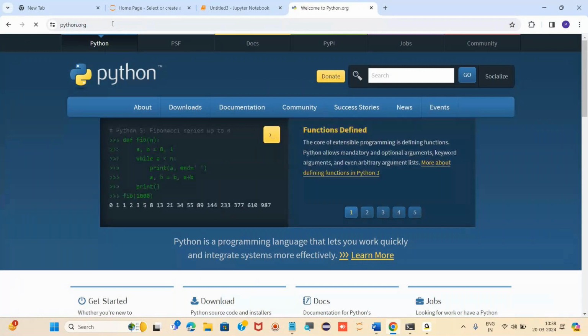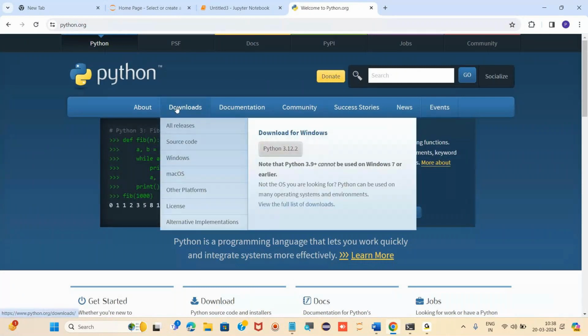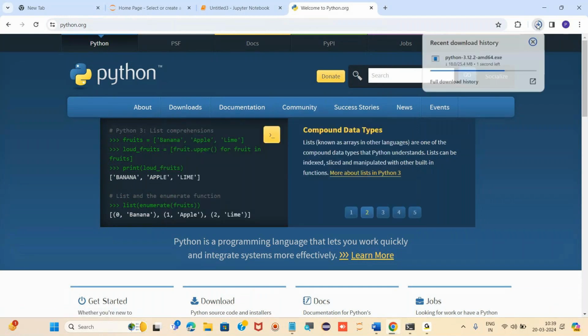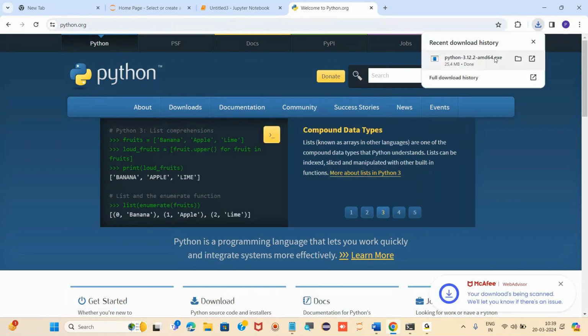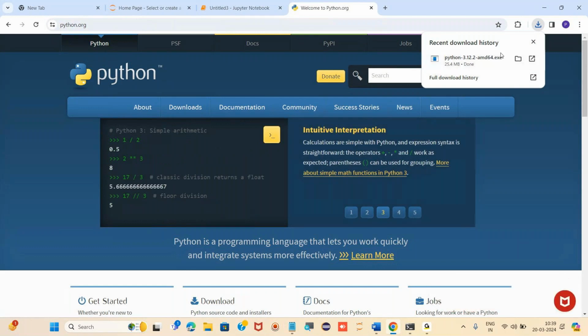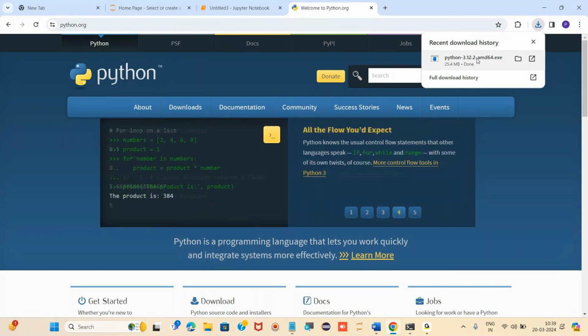Here, you can see we are using Python 3.12.2, the latest version. If you click on download, you can easily download and install it, and use it without any subscription, without paying any money, without any kind of charges. You can freely use it.